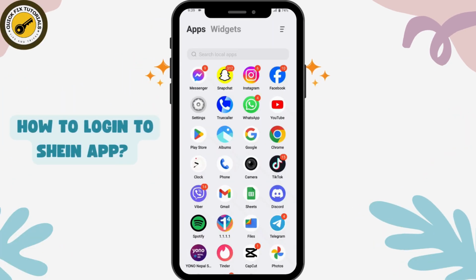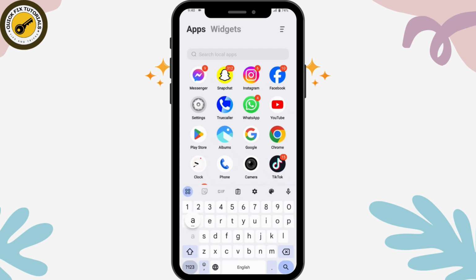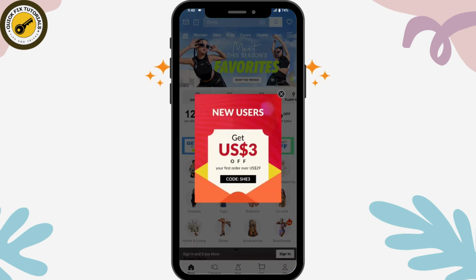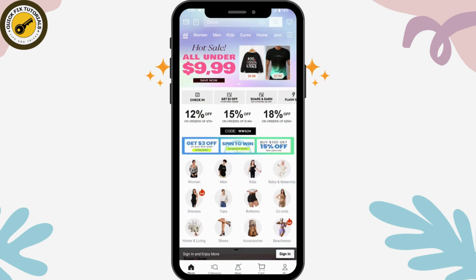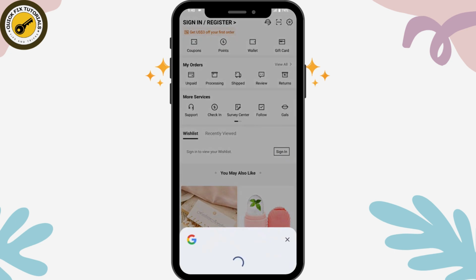How to log in to Shein app. So if you want to log into your Shein application with your Shein account, then first open up your Shein application. Once you've opened, go to your profile, which is on the bottom right. Tap on that Me, and from here you will have sign in option on the right side of your screen,